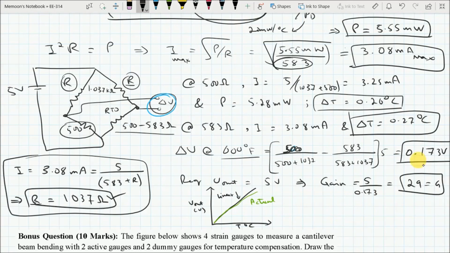So again, I would suggest that you use the actual mathematical curve of this expression, this curve in green, to find the actual value of temperature based on your V out. And finally, we were asked to comment whether RTD was a good choice for a small temperature range or not. Yes, RTD was a good choice for a small temperature range because it gives a fairly close to linear output in the given range with a good sensitivity.